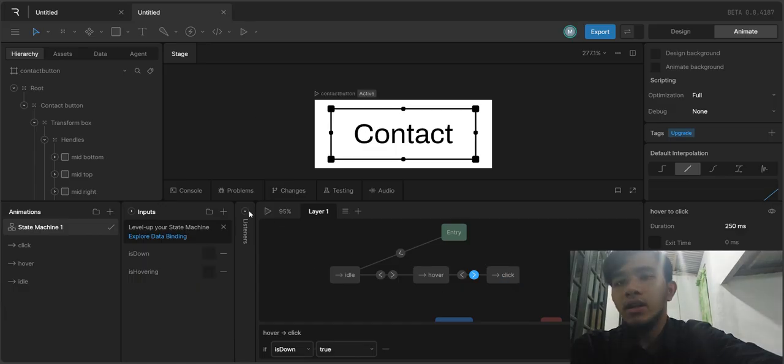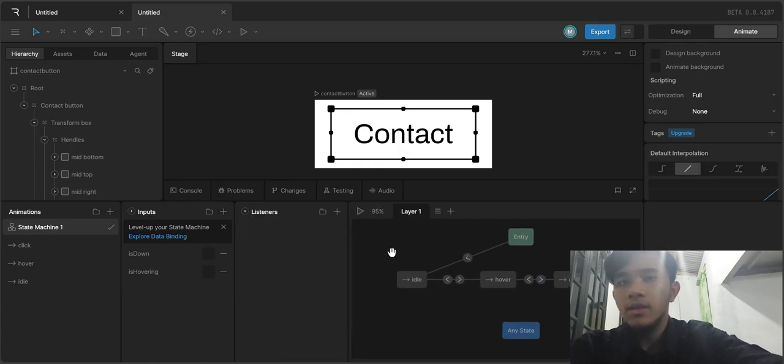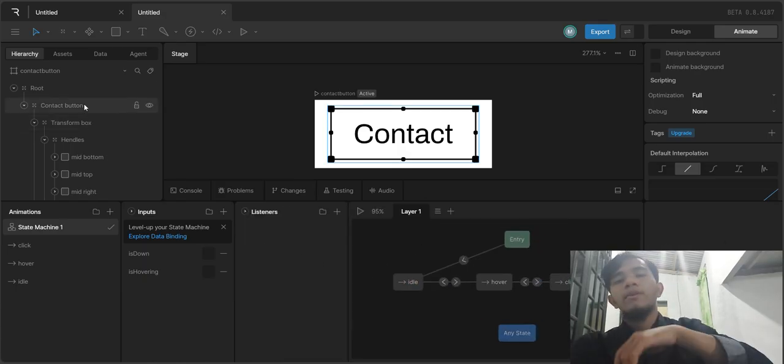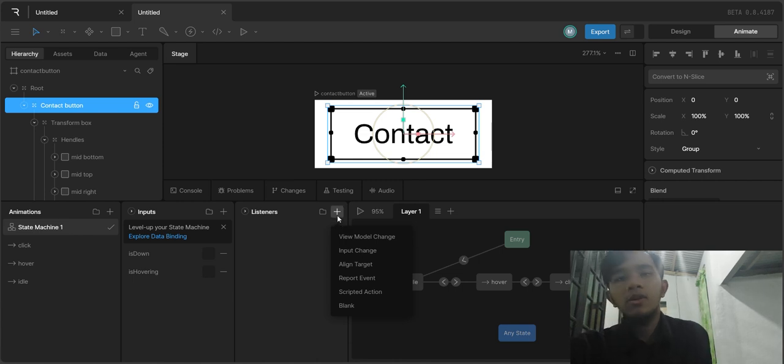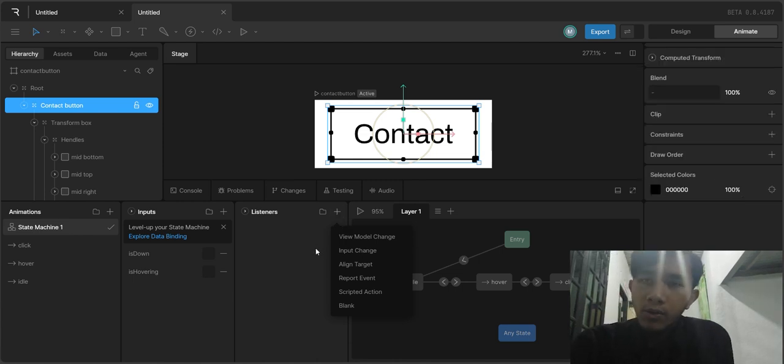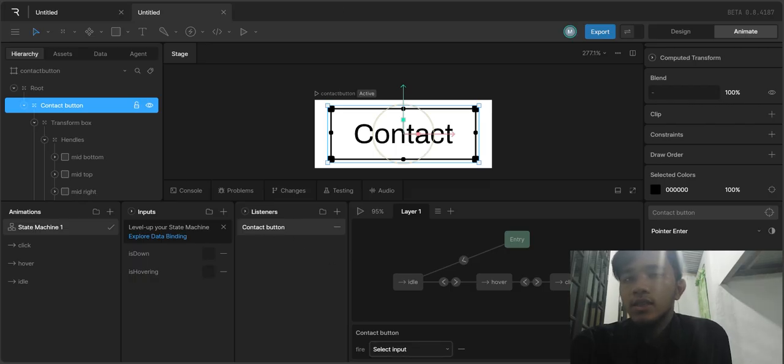Select the contact button group and add a listener named pointer enter. Set it to change is hovering to true. Duplicate it, rename it pointer exit and set is hovering to false.